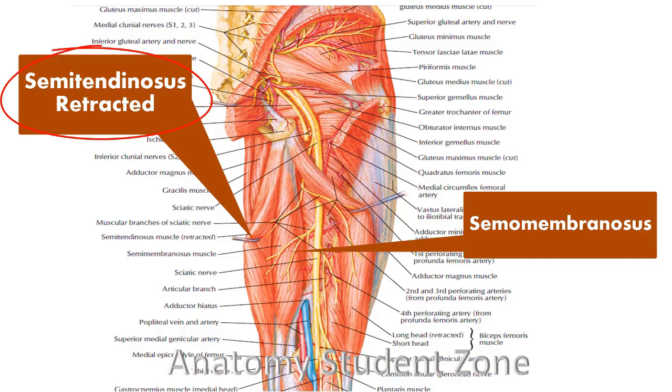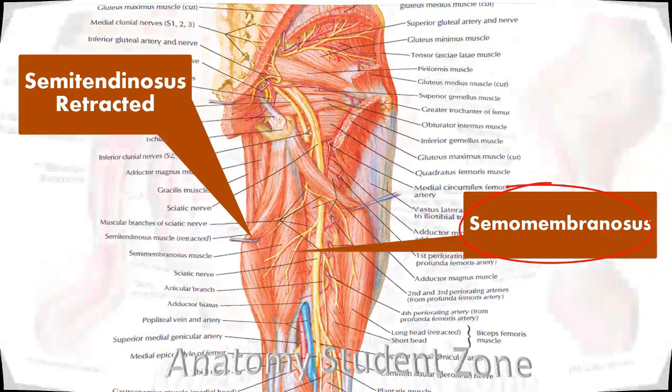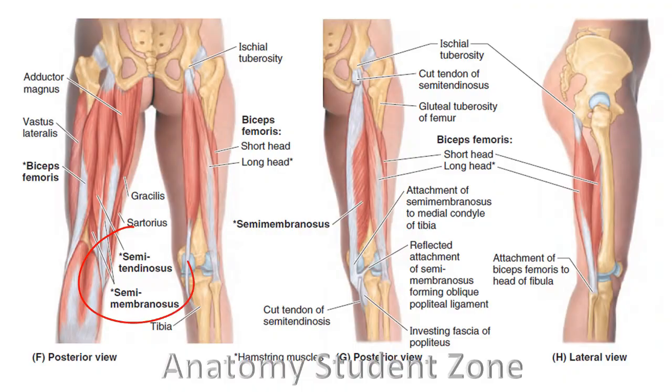So when you are going to see this muscle, it will be half tendinous and half fusiform. Semimembranosus muscle, as its name indicates, is a broad muscle. It is in the shape of a flattened membrane, and its proximal attachment we have covered will be on the ischial tuberosity. You don't have to forget that semimembranosus lies deep to semitendinosus, but again these both are on the medial side.